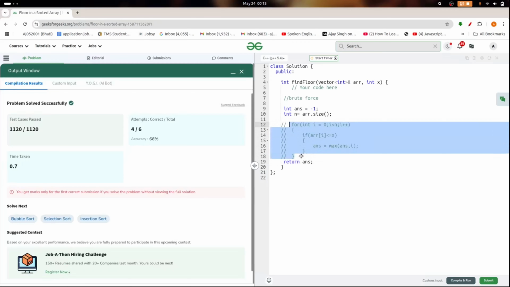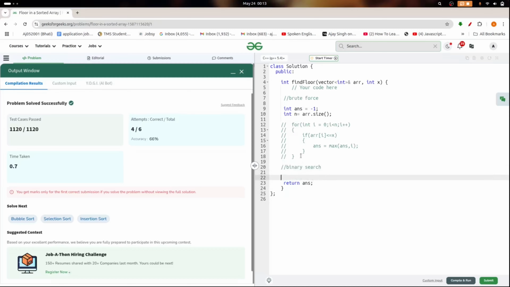So I write the binary search code. Integer left equals 0 and right equals n minus 1. While left is less than or equal to right, mid equals left plus right by 2.